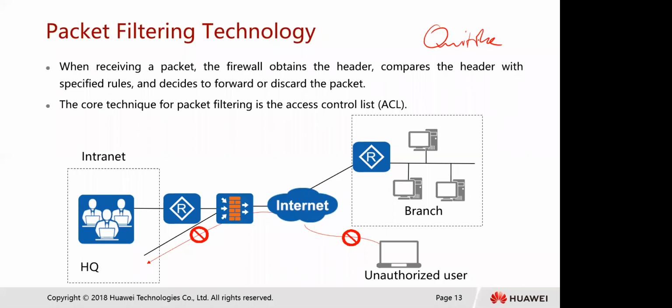We talked about it already. And then after obtaining that information, it matches the predefined packet filtering rules and forwards or discards the packet according to the matching results. As the packet filtering firewall matches packets with packet filtering rules one by one, checks the packet, the forwarding efficiency